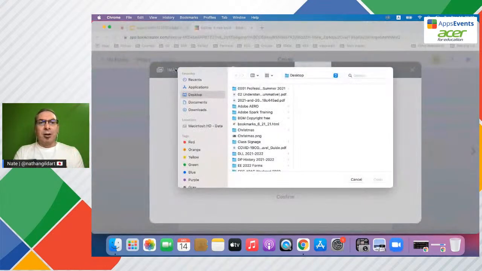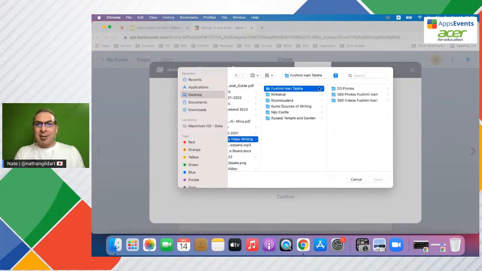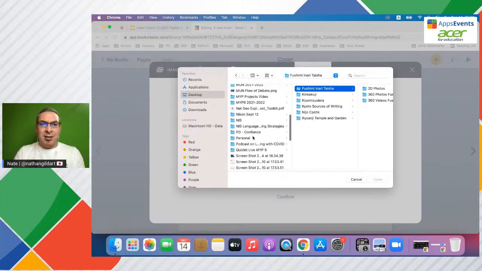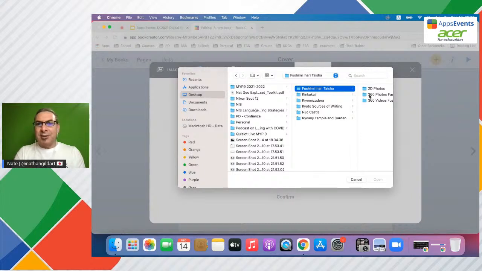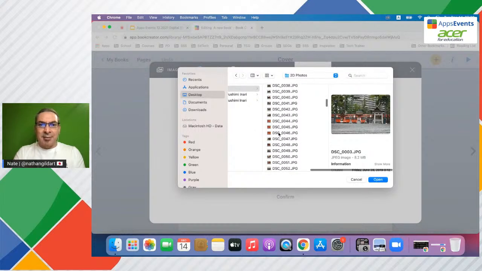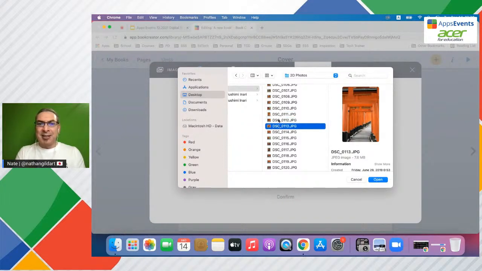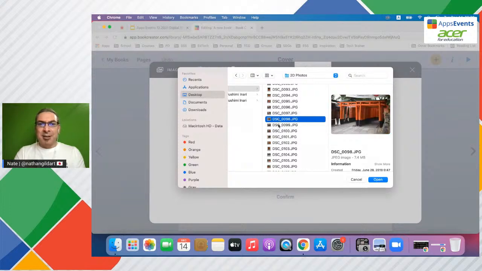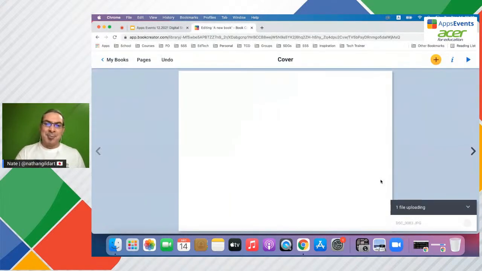So I'm going to go over to files, actually. And let's see, I'm going to go with a recent trip to Kyoto. I'm going to start with Fushimi Inari, or maybe I'll go with my Nat Geo. I got a Nat Geo thing here somewhere. Oh, well, let's just go with this and choose, just so you can kind of see what I'm talking about here. I want to look at one of the more famous things with Fushimi Inari. This is an amazing place. I'm getting a little bit anal retentive here. I think that's a pretty cool one. Yeah, let's start with that just for the sake of time here.